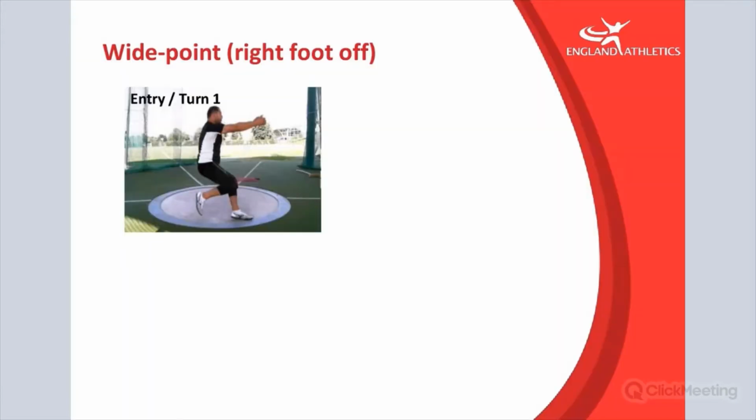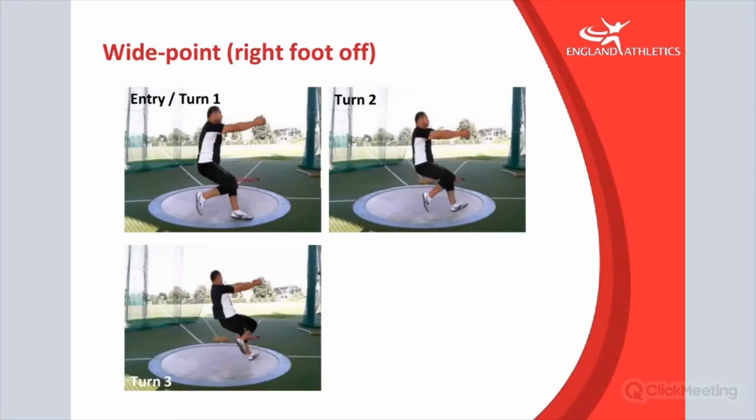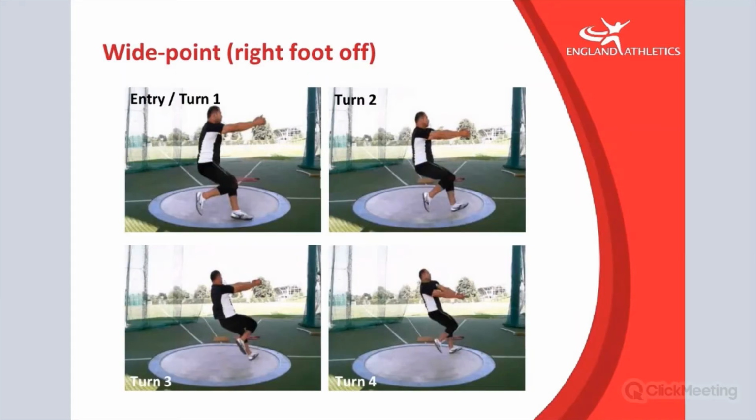So the wide point as we progress through each turn is the beginning, the toe turn, turn 2, which for Koji obviously now is a heel turn, turn 3, and turn 4. And obviously there's no corresponding one for the delivery on this, but you can see again how similar those positions were, and if the video frame rate were much higher, I'm sure you'd be able to get into very similar positions. You'll notice here what I talked about between turn 1 and into turn 2, turn 3, and